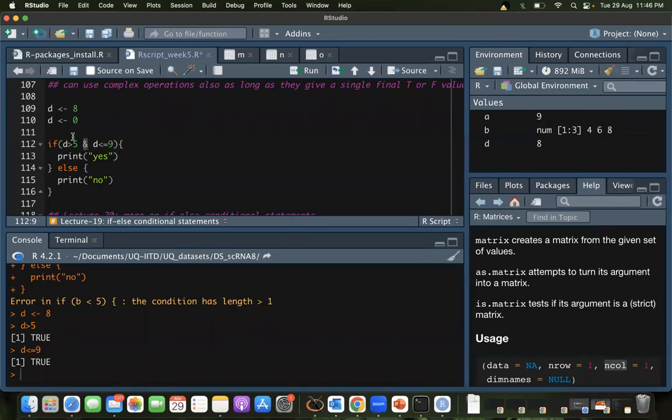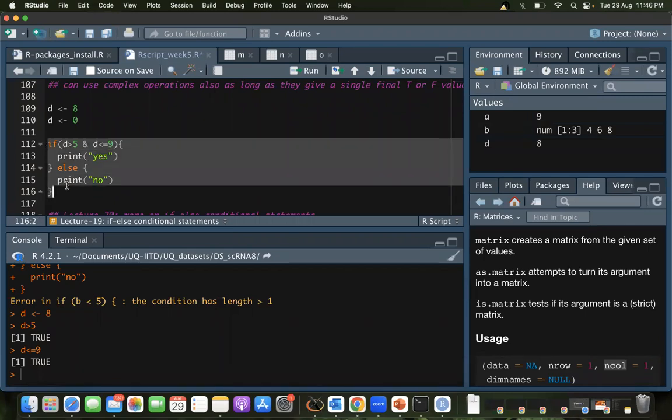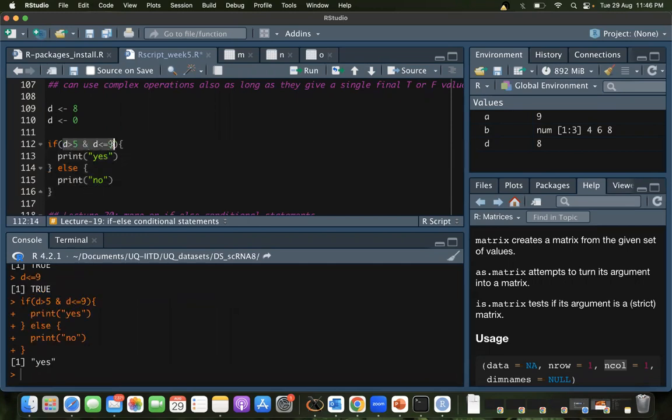True and true. And true gives a true, right? So since this whole thing evaluates to true, it is a single true. So it can be given as an input, and this is going to give me a yes, because this evaluates to true.